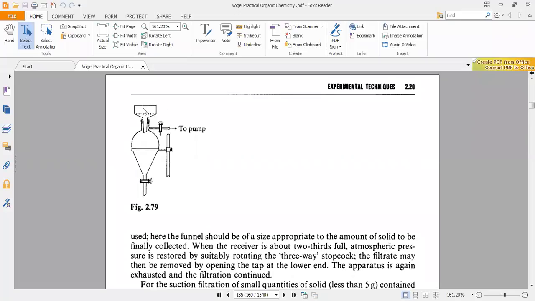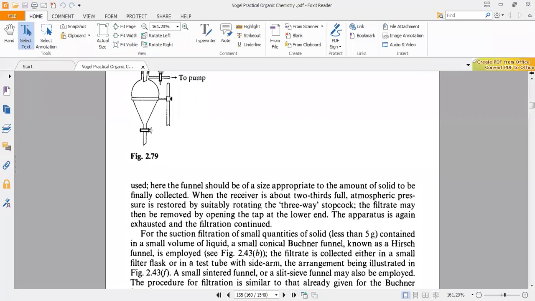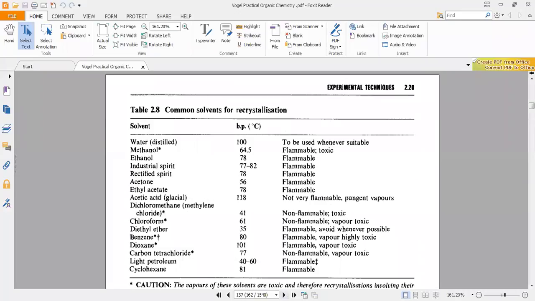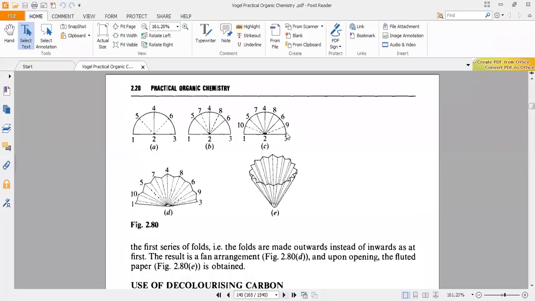So this is a way of doing filtration under vacuum. This is a quick method if we are interested in that. I just wanted to present to you this method of filtration, where we normally use this type of filter paper.